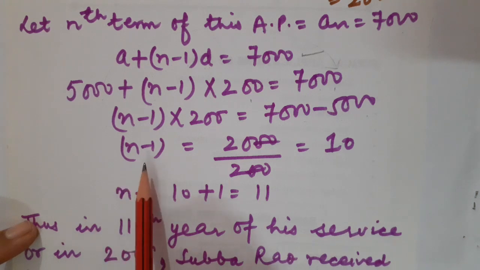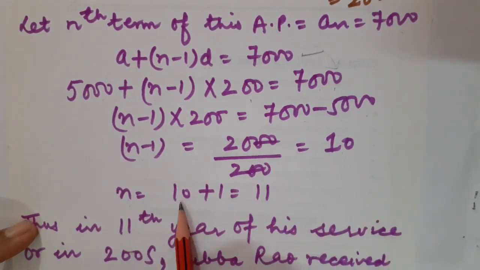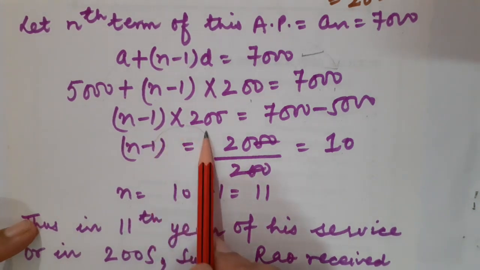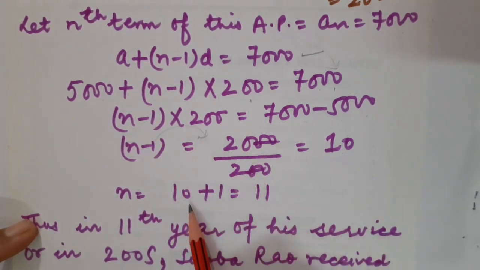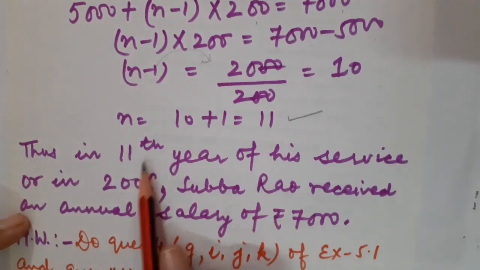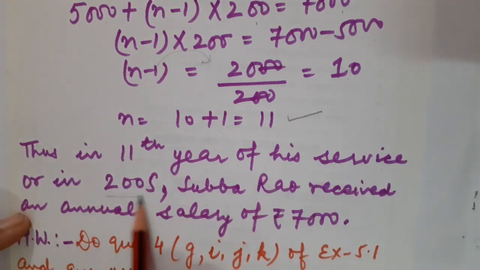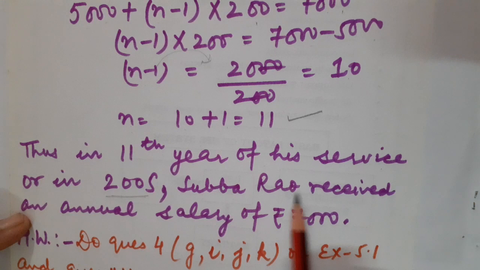So children, after cancelling you have got N minus 1 is equal to 10. So what is N? N is equal to 10 plus 1 because this minus will also go on the right hand side. So it will be 10 plus 1, that is 11. So thus in the 11th year of his service, or I should say in 2005, Subba Rao received an annual income of rupees